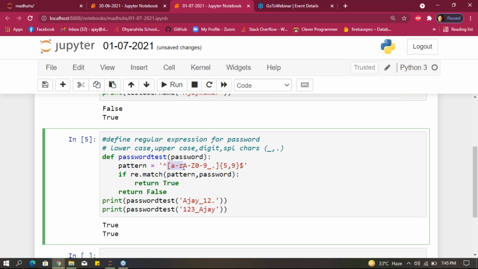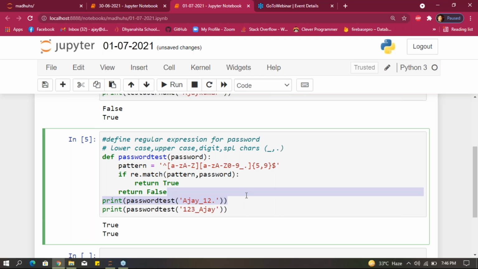And one more thing here. We gave small a to z, capital A to Z, digits and special characters, right? But here I want to give another condition, for the starting letter. I want the starting letter to be a character, either a small letter or a capital letter.